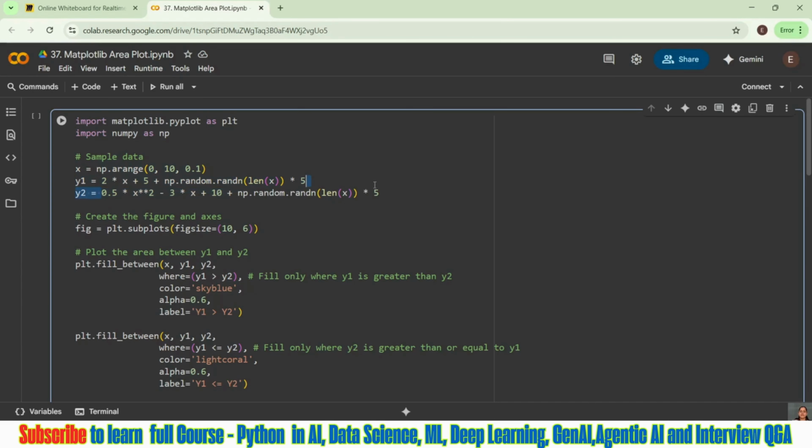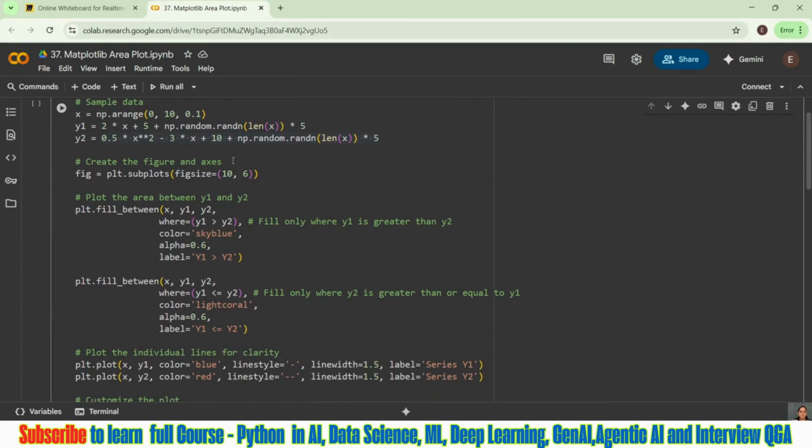Again, these are some calculations, mathematical formulas. Then I am creating my figure, the fixed size or the area where I am going to put my plot. I have taken a fixed size of 10:6, and this is a standard size, guys. If you want, you can modify this to 12:8 or something based on the requirement. But my requirement is this. With this, I am okay.